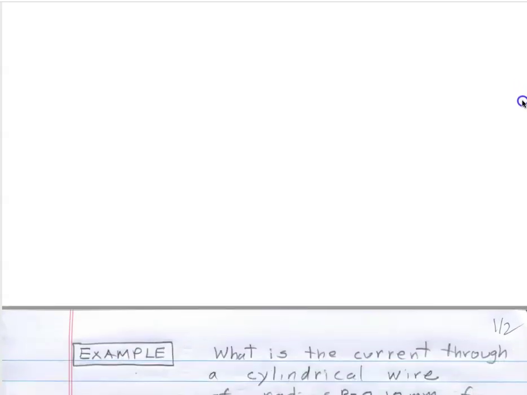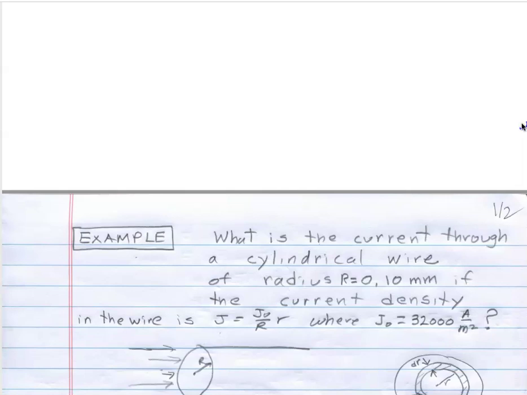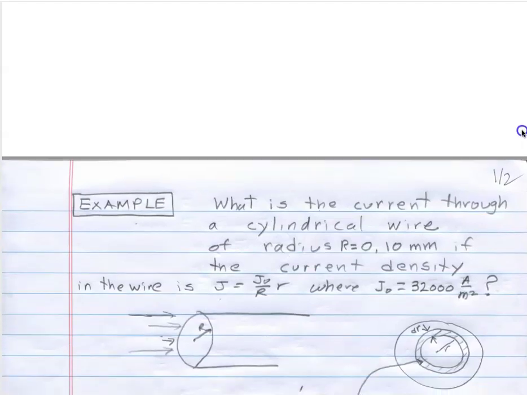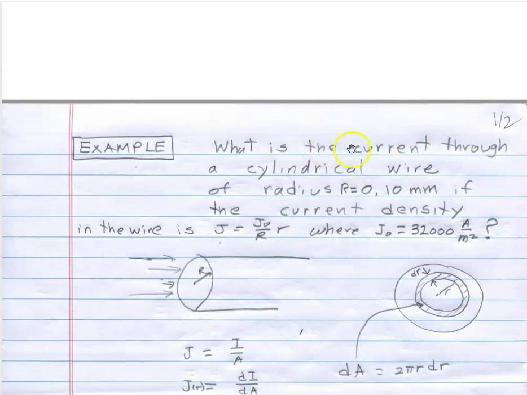Our next example is a little bit different. It really pertains to some of the things we've covered previously. It gives us a good example of using calculus in a current problem, especially one with current density. And in this example problem, what's the current